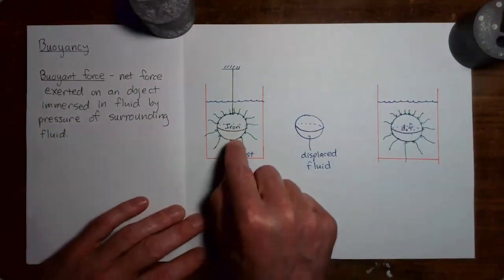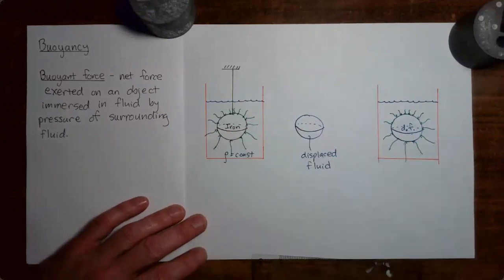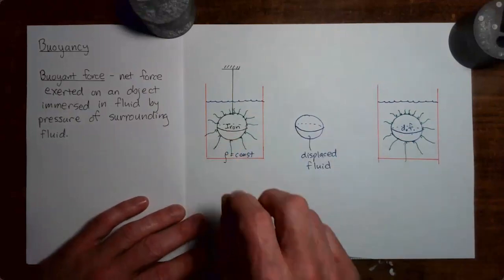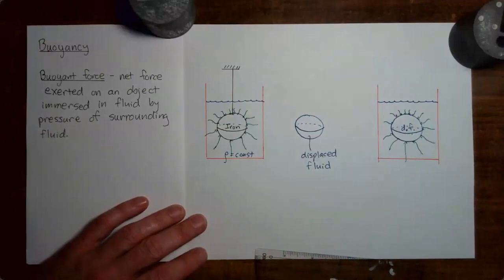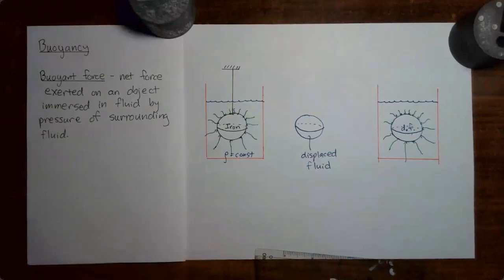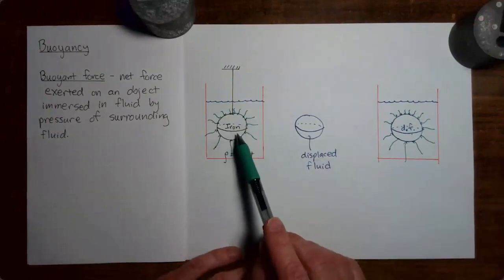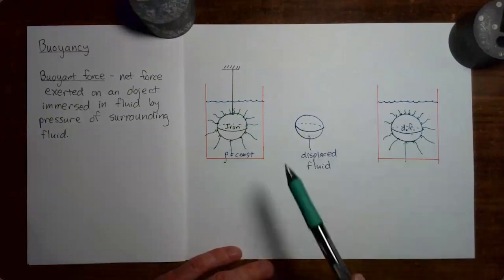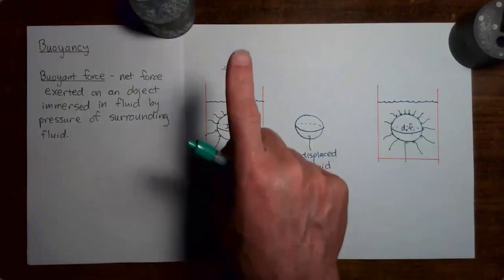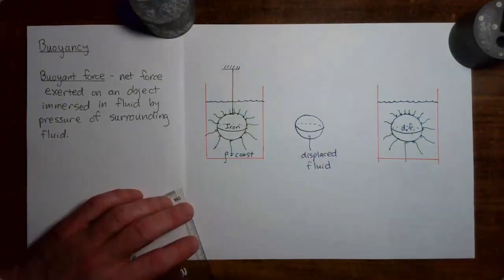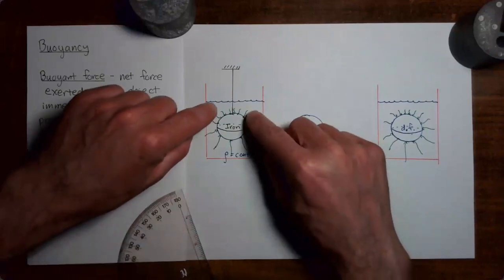Now look at the two figures here and here. In each of these figures, the buoyancy force would be the net force exerted on that thing by the pressure in the surrounding liquid. Now, first of all, can you tell that the buoyancy force in either one of these situations would point upward? We can tell that the buoyancy force would point upward because as we look at the